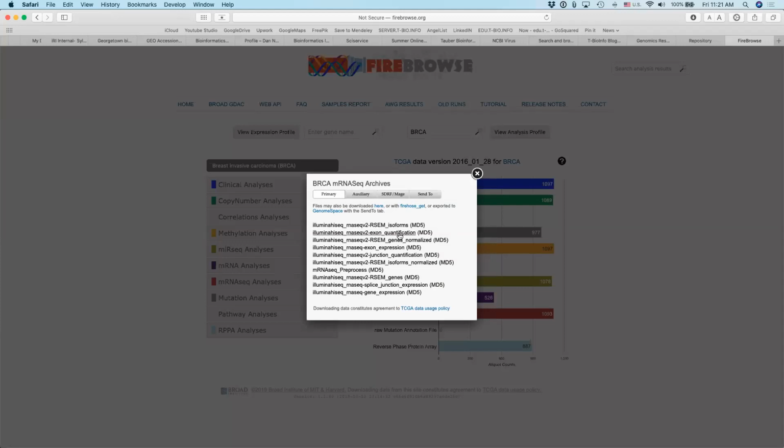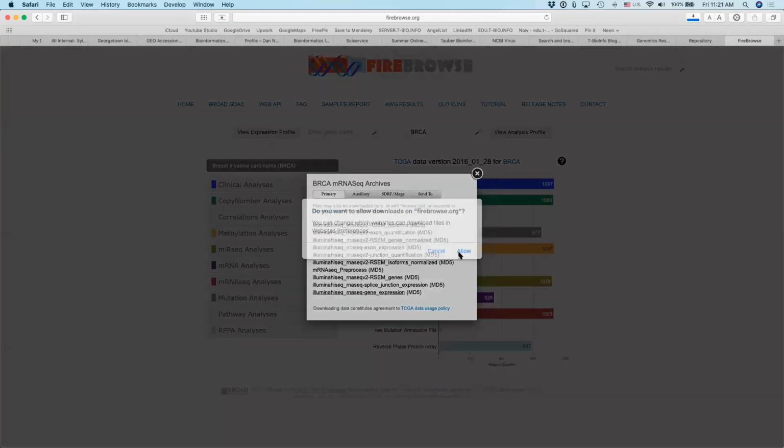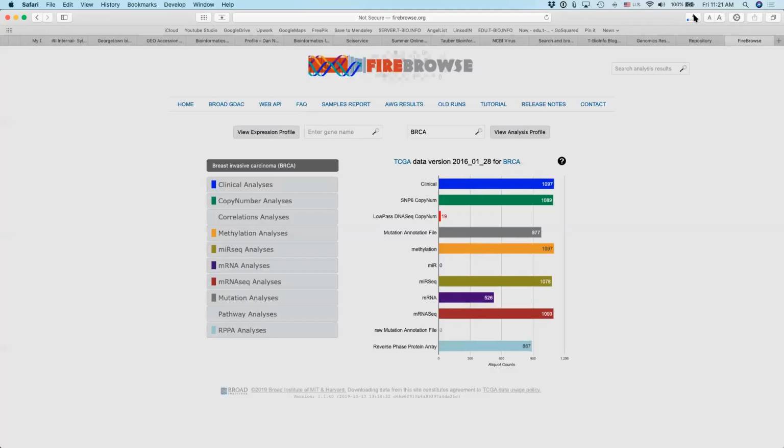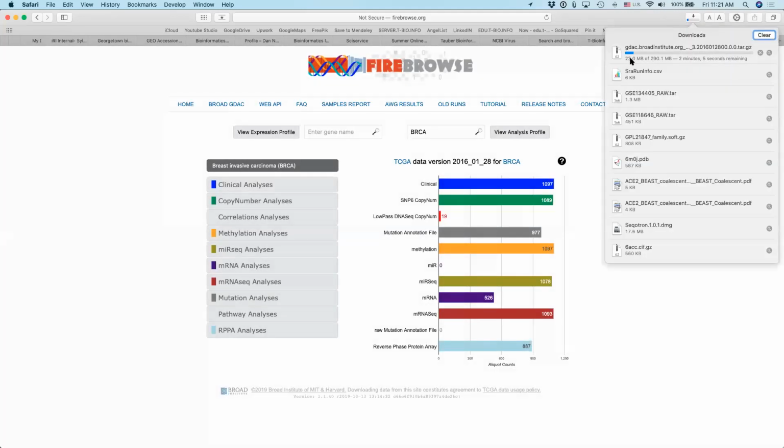So for example, if I look for RSEM, isoforms normalized, RSEM genes, right, or gene expression. So if I download this file, it will actually contain all of the 1,000 plus cases. You can see it's about, I don't know how much, maybe, you know, a gigabyte of a file, of a text file, of a table, where I will have all of these different